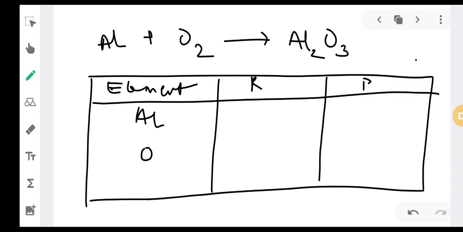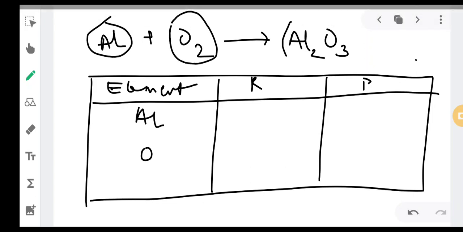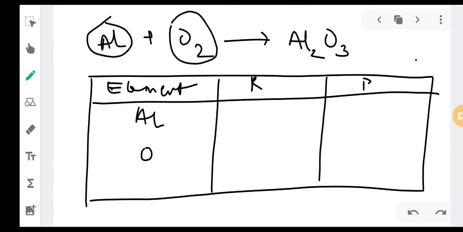No mass can be created, no mass can be destroyed. So you have to balance the number of atoms on the reactant and product side. This was the main rule which balancing the chemical equation was required to follow. So how would we start with balancing? First thing was we need to identify the products and reactants which are there in the equation. So in this equation there are generally two reactants and there is one product.